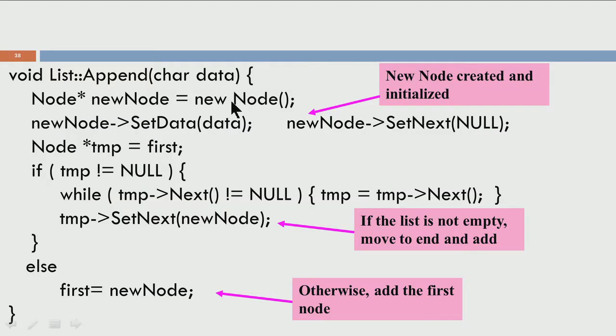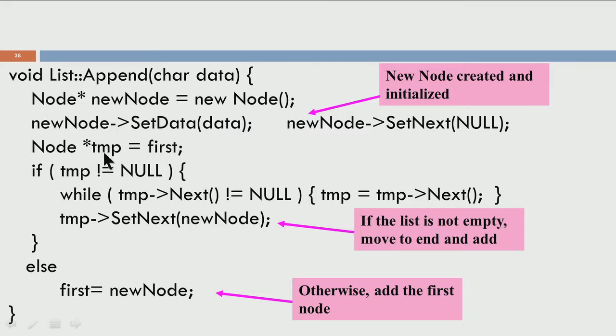Let us see append to the list. So, for appending to the list, we are trying to add an element to the end of the list. So, we create a new node, we set its data to the data that is passed. So, append is supposed to take a data and it sets the data to the last and sets the next pointer to null. So, you create a new object of the type node